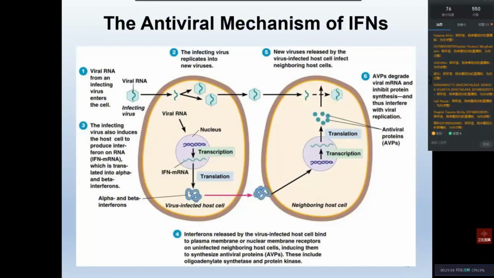And these antiviral proteins will prevent infection by the virus. So this is the way interferon inhibits viral infection. Okay, so this is the first topic we wanted to talk about, the diagnosis and prevention and therapy of viral